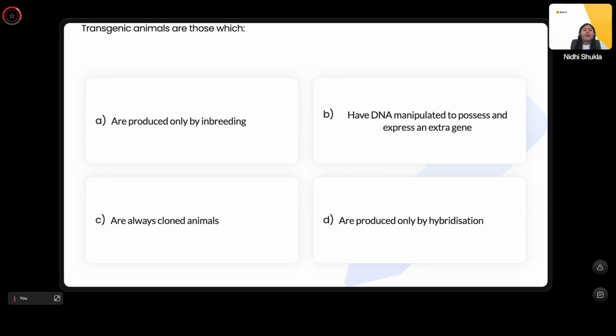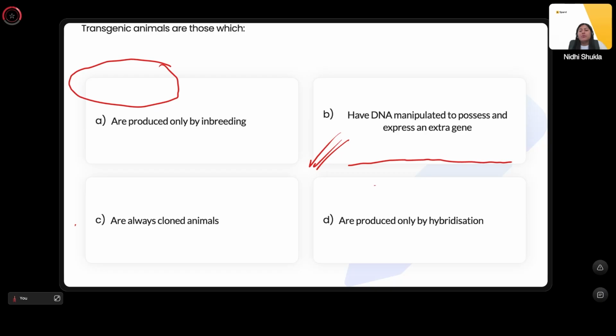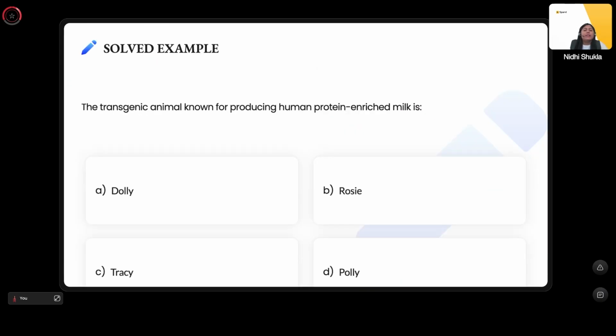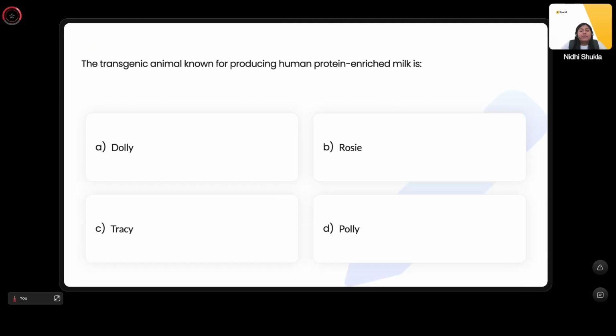Transgenic animals are those which, what are your transgenic animals? As we have discussed, whether you call it transgenic animals or genetically modified animals, these are the organisms or animals which have their DNA manipulated to possess and express an extra gene. So transgenic animals have their DNA manipulated to possess and express an extra gene. Next question. The transgenic animal known for producing human protein enriched milk is,